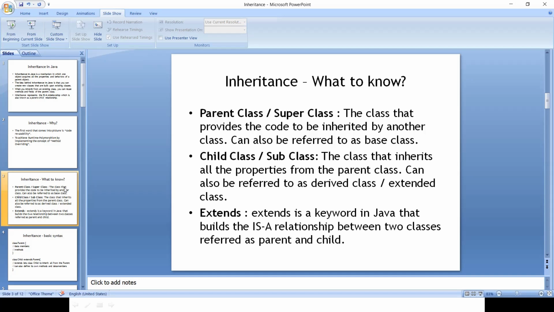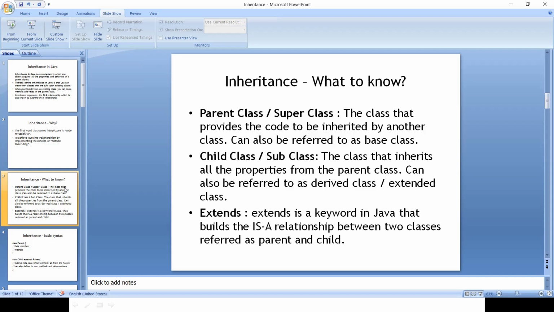So whatever we spoke till now is conceptual, but how do we let the Java code know that there is an inheritance relationship between two classes? That happens with the extends keyword. The extends keyword in Java says that there is a relationship.